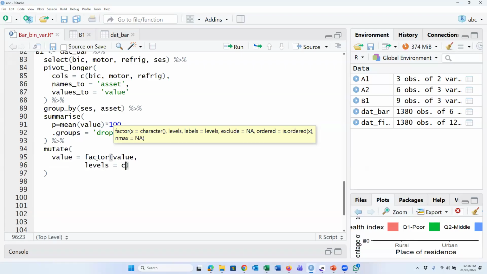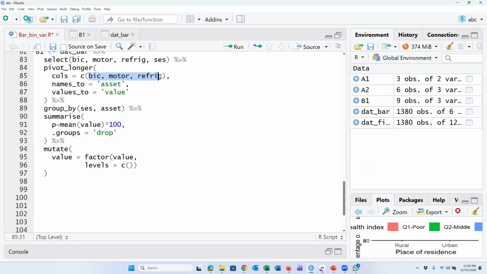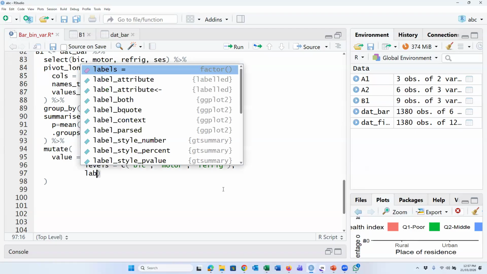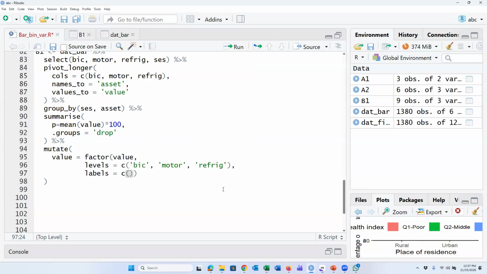Label is equal to C. We have to use these three values. So here we use variables, and here we use the name of asset. So we have to use quotation. Then label C. Now we have to give the names: bike, motorcycle, refrigerator.